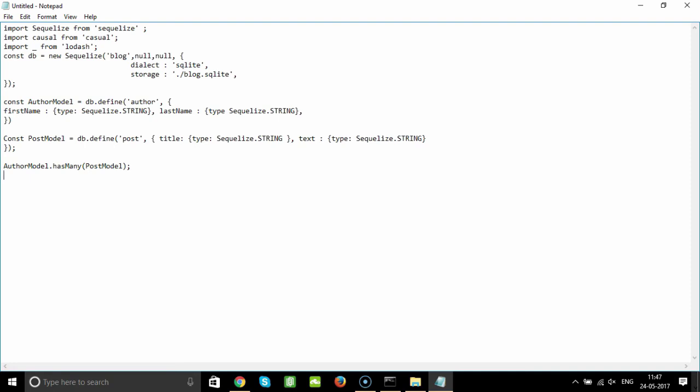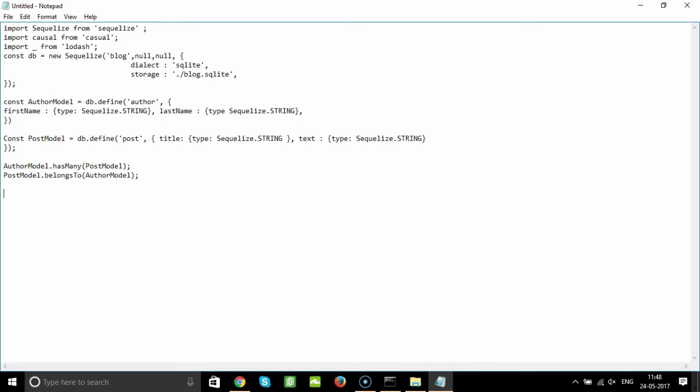And next what it says is post model is required, so post model dot belongs to, so what it belongs to, it belongs to the above mentioned author model. Fine with this, so let's close it, and now we know we have to save it. Now before we save it